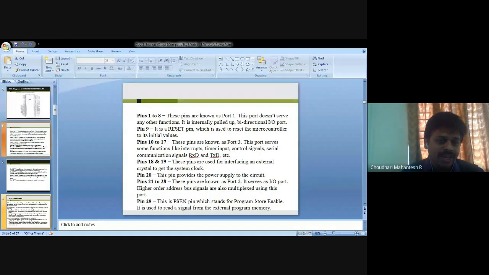Pin number 1 to 8, if you consider, these pins are just for port 1, and this port does not serve any other function. So it is an internally pulled up bidirectional I/O port.